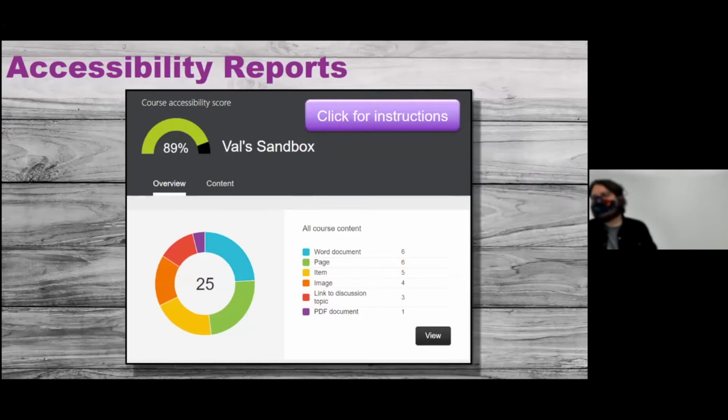We're going to talk about accessibility reports. One of the big questions that we've had in some of our earlier workshops was, do I have the ability to see the accessibility of my entire class rather than just one singular piece of content? And we found out that that is the case. We just have to enable that. So to do so,